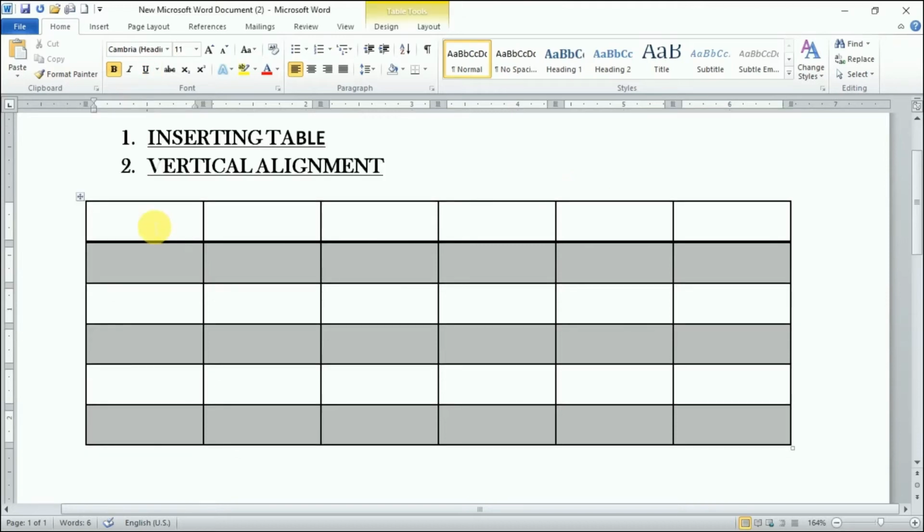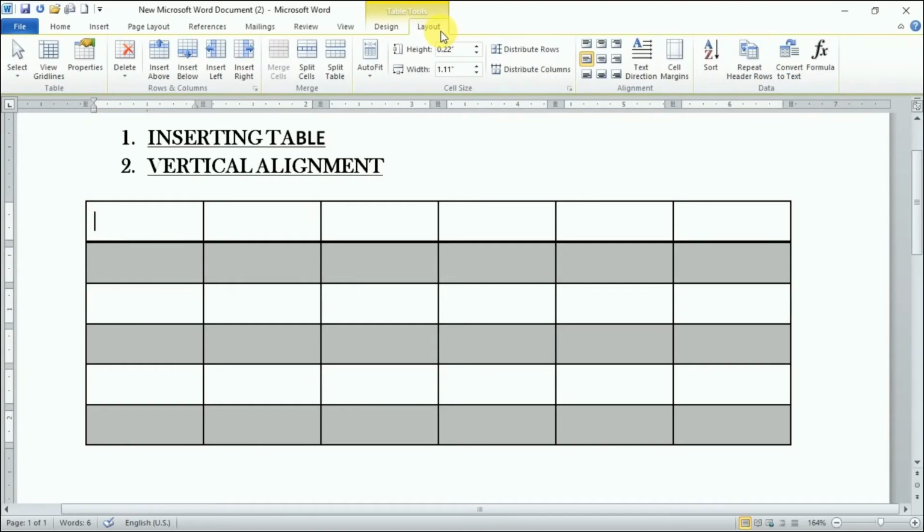Now for aligning our text in the cells in a table, we can predefine the alignment just by clicking on the table. Table tools will appear, under which we will have two tabs, that is the design tab and the layout tab. We'll go in the layout tab, and here we have a cell alignment group, right? So in the cell alignment group, whatever alignment we choose from here will be applied to our entire